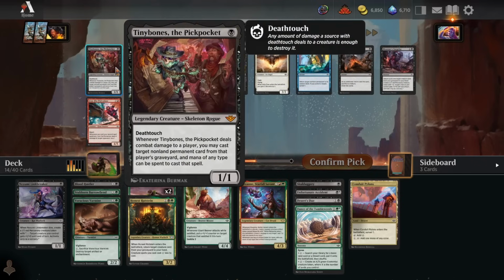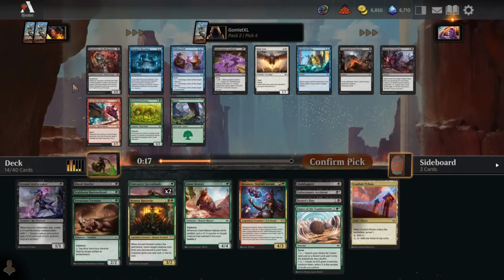Another mythic. We got a Tiny Bones now. 1 mana, 1/1 Death Touch. When Tiny Bones deals combat damage to a player, you can cast a non-land permanent from their graveyard. But it's a 1/1, right? So it's just going to trade off into their smallest creature. I don't think it's ever going to really get in and cast something that often. Feel like more often than not, this just plays like a 1 mana, 1/1 Death Touch, which is decent, but